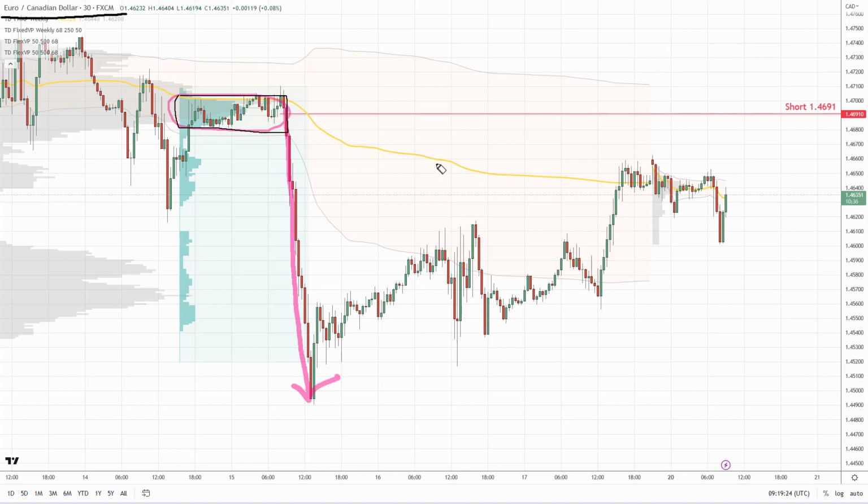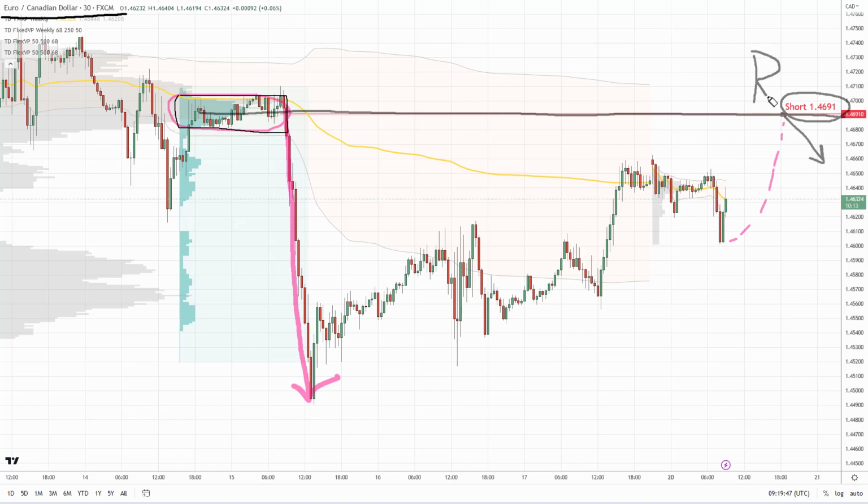So it is likely that when the price makes it back to the beginning of that heavy volume zone, which is in here, 1.4691, there'll be a reaction. All right? Because sellers from here should become active and push the price downwards from there. So that's why it should work as a resistance.